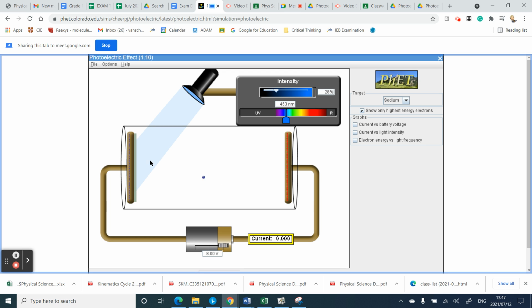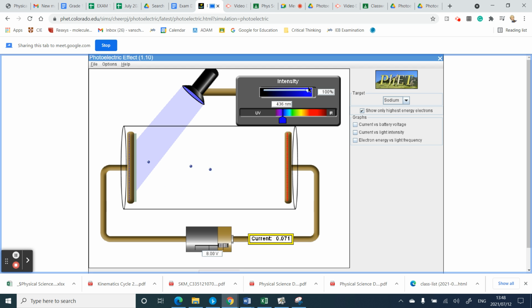Yes. Okay, if I want the electrons to have more energy when they leave, what do I have to do? So they're leaving now. Okay, let me use blue light. So now they're leaving, we know they're leaving. If I want more electrons to leave, what must I do? Increase the intensity. This is also an important question that they ask as an explanation. If I increase the intensity, I'm sending more photons per second in,